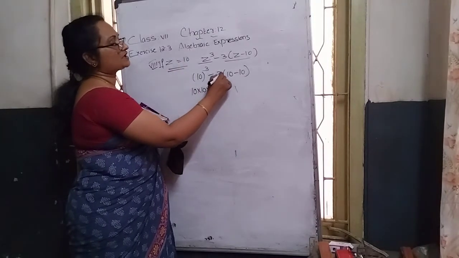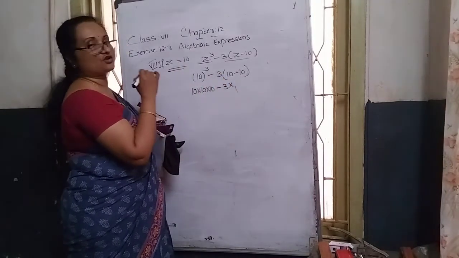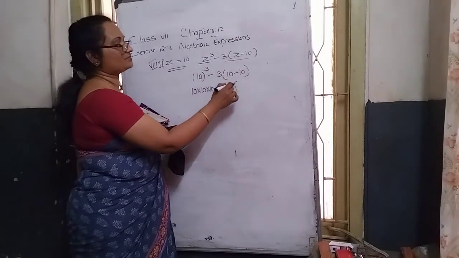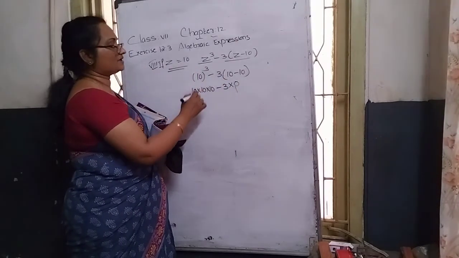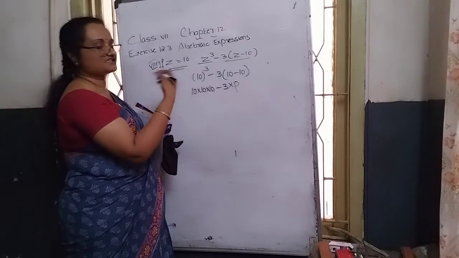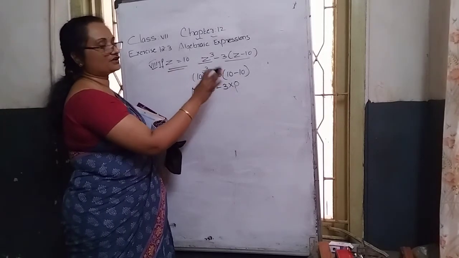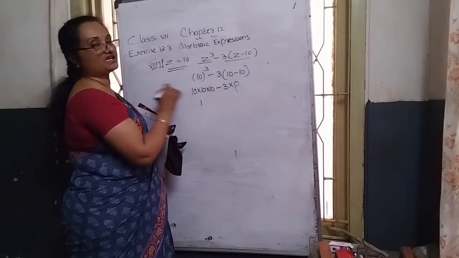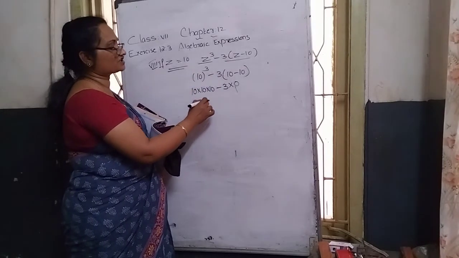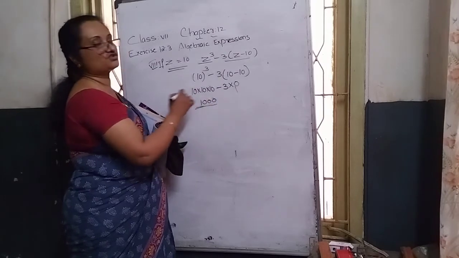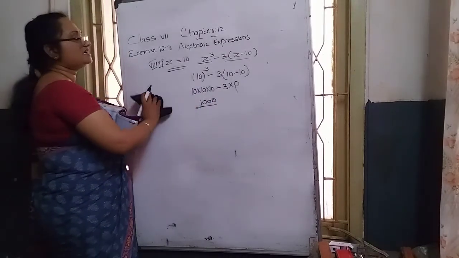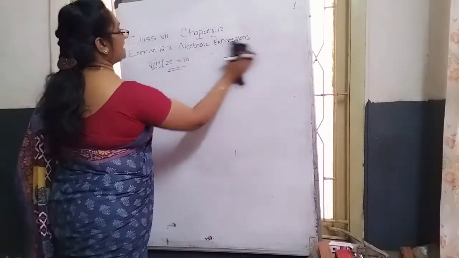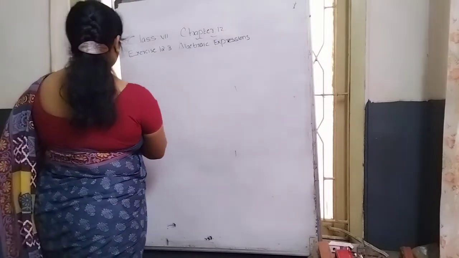The power is 3, that's why 2 means 2 times, 4 means 4 times. Minus 3 before the bracket, we read the operation as multiply. 10 minus 10 becomes how much? 0. Any number multiplied with 0, what is the answer? 0. So 10 into 10 into 10, we don't need to multiply it out; the easy way is to put 1 and total how many zeros are there in the question? 3 zeros. You just substitute the zeros. So what is the answer? 1000 is the answer. This is our 8th problem.